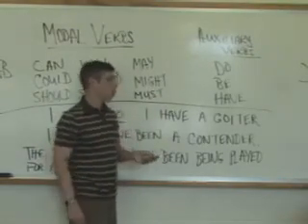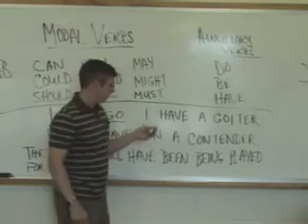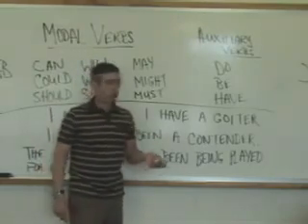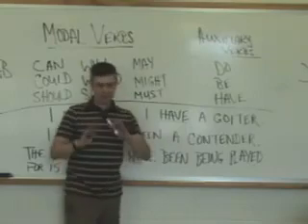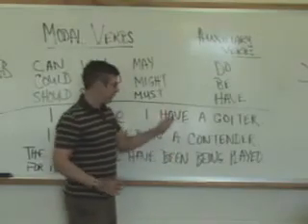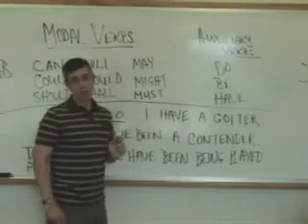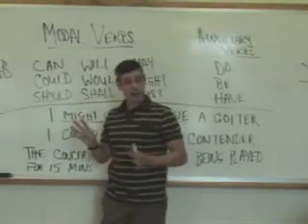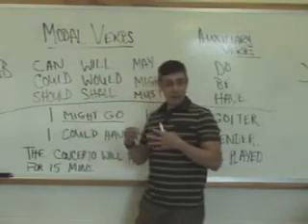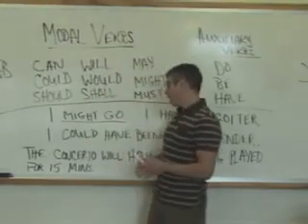Sometimes they are doing their own thing. For example, in this sentence, I have a goiter. And have is the 1-word verb. It is the main verb. It is not a helping or auxiliary verb here. It is a main verb on its own. Modal verbs cannot act on their own. There's always either a main verb present or implied.